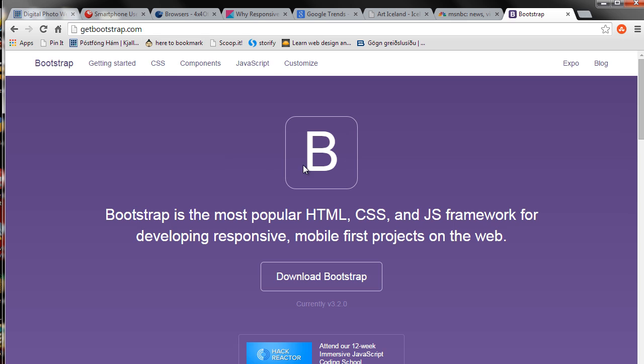But continuing with bootstrap.com, it's important to keep in mind that this is based on HTML5 and CSS3, so you're pretty future-proof with your development efforts if you stick with Bootstrap. Here under Getting Started, you get the downloads, and in a later section we will go over that in more detail. But let's look under CSS,